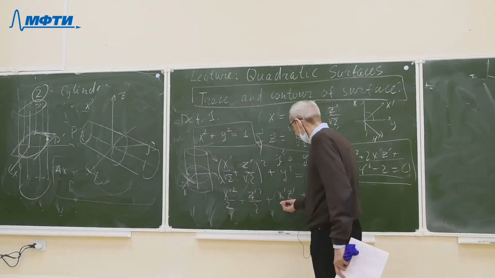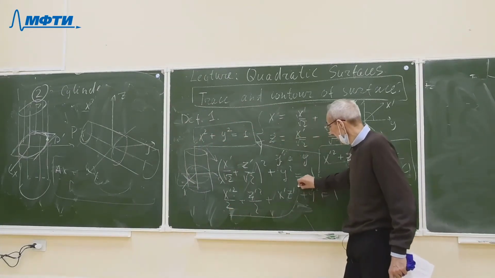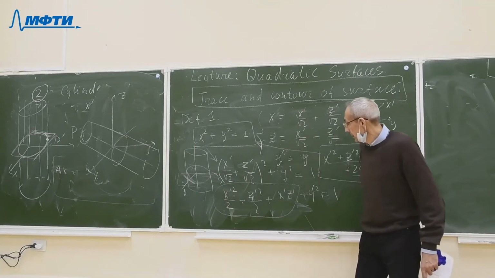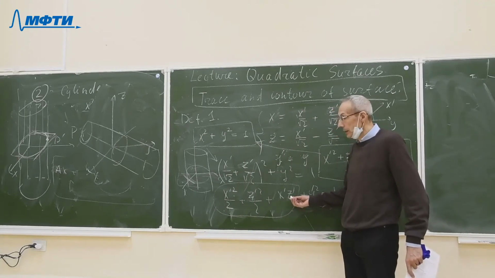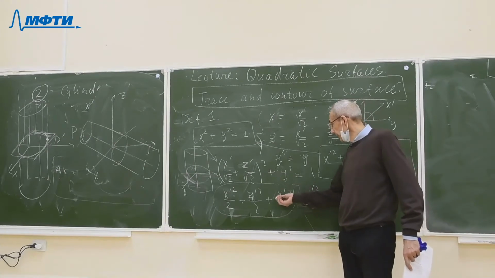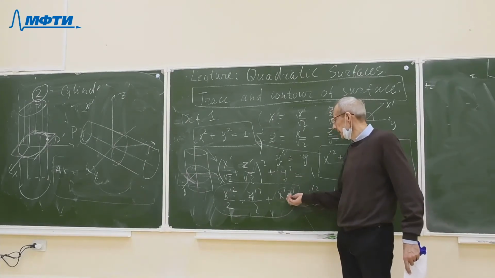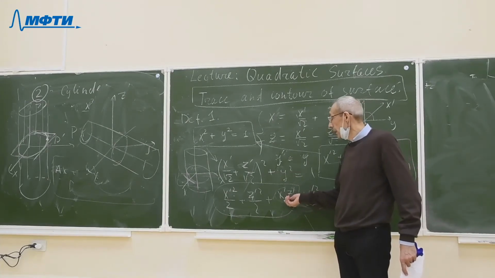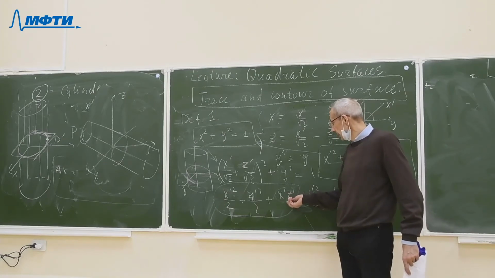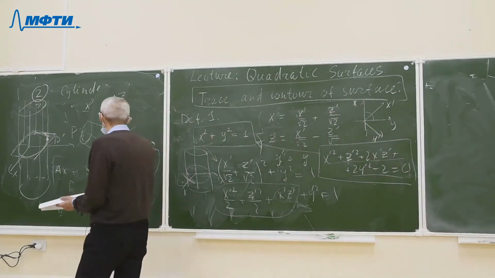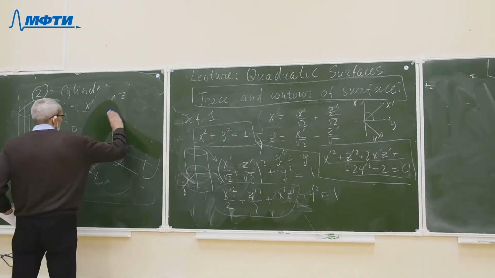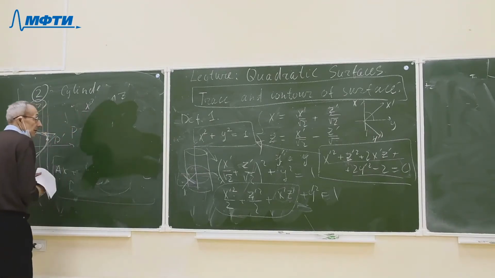We have these three terms, and we must use rotation and kill the term which contains the cross product of two variables. And after reducing our equation to the canonical form,